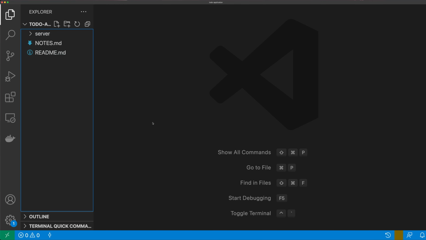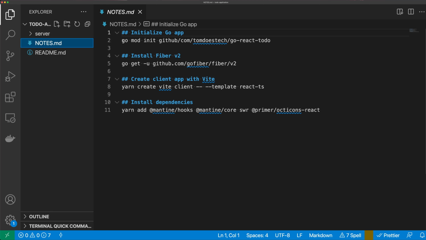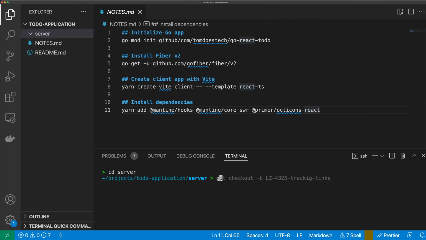If you look in the description below, you'll see a link to the repository for this application. And inside of that repository, you're going to see this notes markdown file. And in here, we're going to have some commands. This is the go mod init command, and this is the command to initialize your Go application. If you're used to Node.js, this would be something like yarn init or npm init. So I'm going to come into my server directory and say go mod init